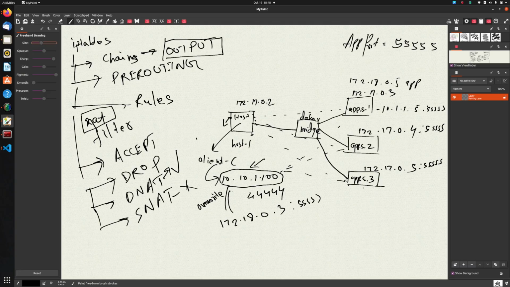Anything that gets generated from within the box for this IP 10.10.1.100, we are going to DNAT that packet and make it go to one of these box IPs, or basically Docker container IPs, right? And the next part that's remaining to be solved is how do we make it go to one of these boxes, because from whatever discussion we just had till now, it seems like every time it will go to one particular box, but how do we make it choose one of the three boxes?